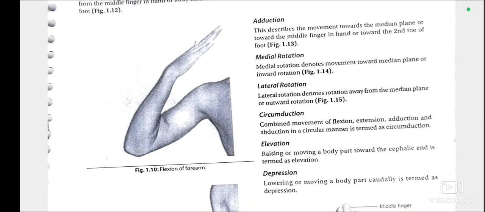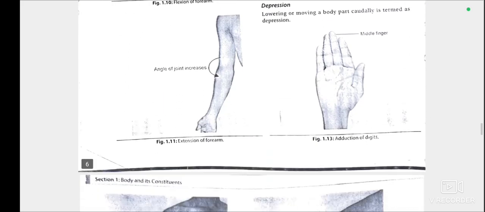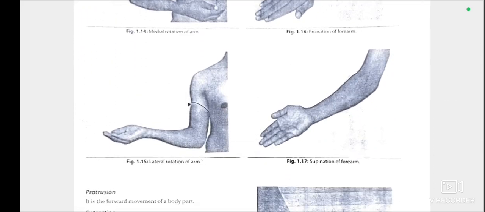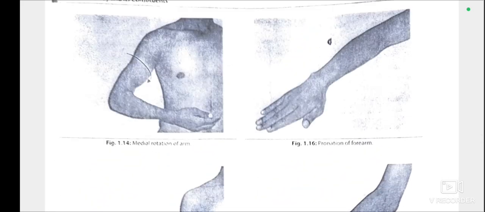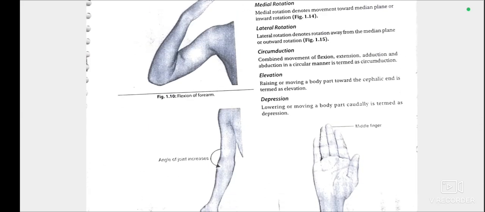Lateral rotation denotes the rotation away from the median plane, or outward rotation. In medial rotation, inward rotation will happen, and in lateral rotation, outward rotation will happen. You can see lateral rotation. This is the outward rotation and this is the inward rotation. Okay, the next is